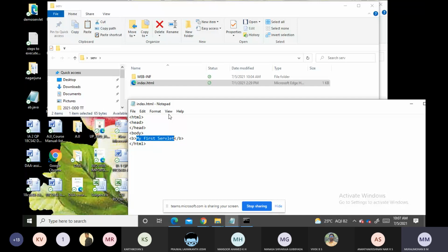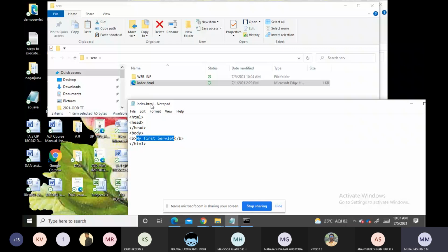Now our motive is just from the client we will make a request to the server, and the servlet will receive this request, process it, formulate the response, and send the response back to the client. So our HTML file, if we are executing it, means our client application can be executed by a web browser.